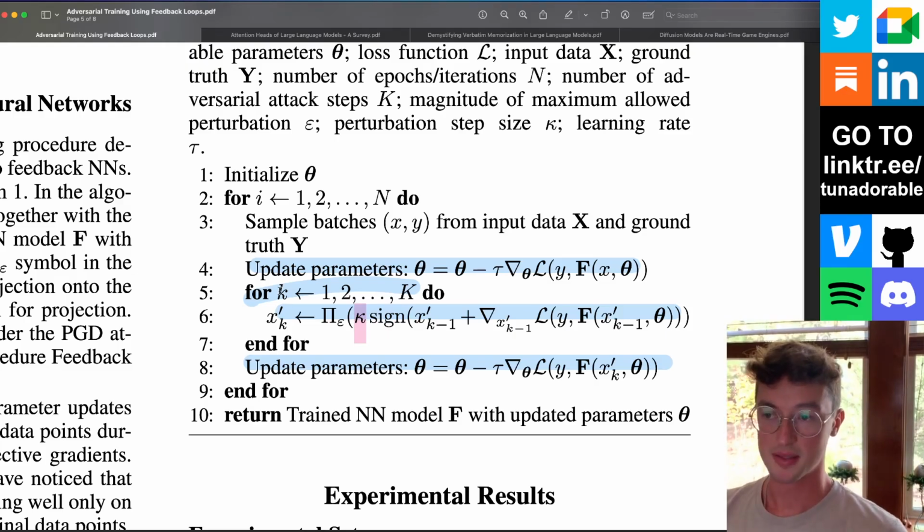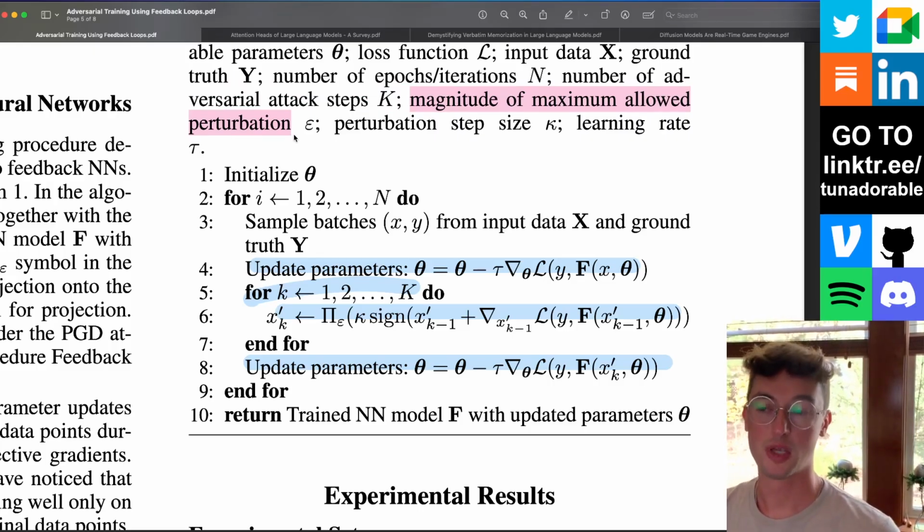However, again, that is a part of the for loop. That is just if you are splitting up your perturbation into many different steps. If we are doing just one, I believe this can just be ignored as well. But then the actual interesting part, I guess, is epsilon, right? Which is your magnitude of maximum allowed perturbation. So you have to assume here how large a perturbation will be, and this training will only work, I believe, up to the actual maximum size that you train for.